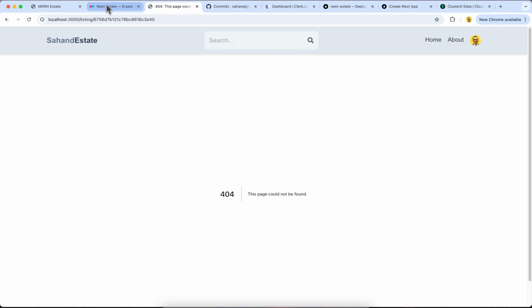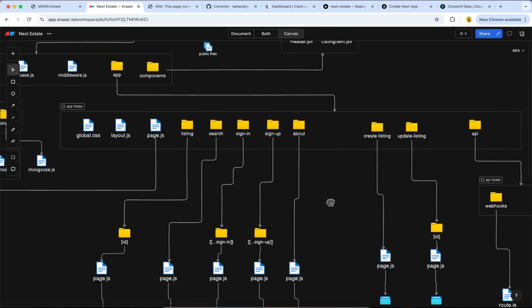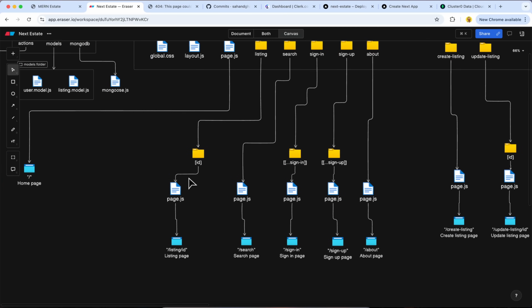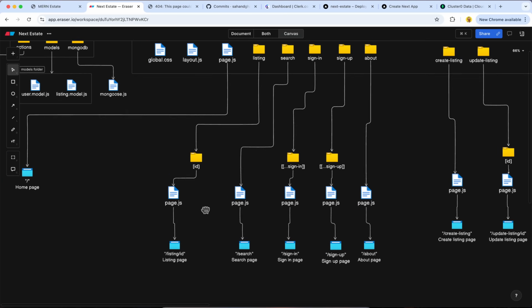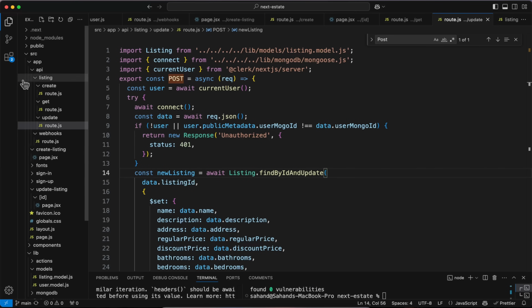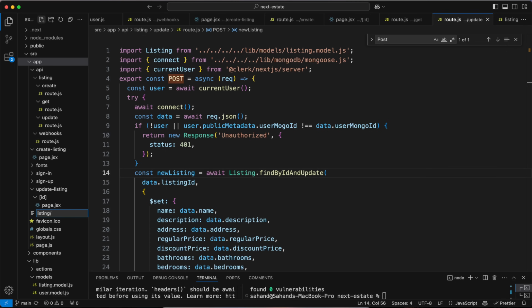So what we want to do is to create this page. We have the app listing, then we have the ID page, which is going to be listing/ID. So we need to create this kind of format to create that page, and then based on this ID, we're gonna fetch the information similar to the previous video about updating, and once the information came, we can just show the page. So here inside the app, I'm gonna create listing/